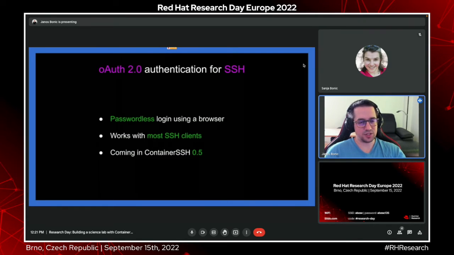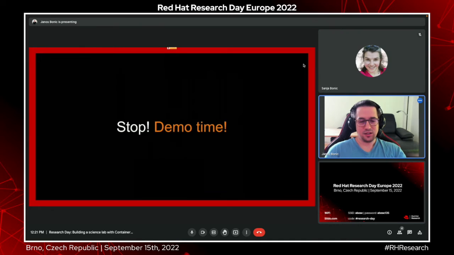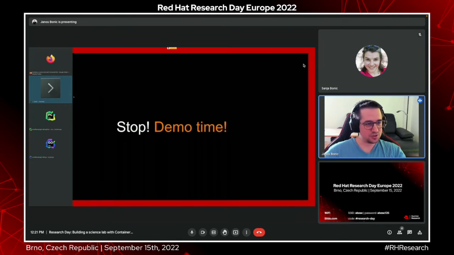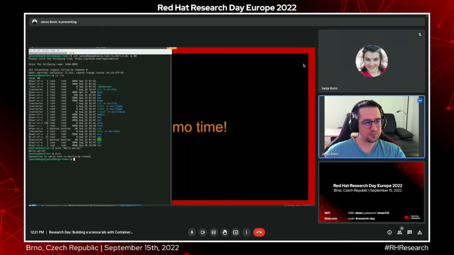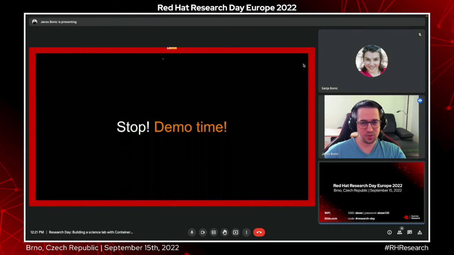So if you're using a Keycloak or anything like that, then this would be something that could be interesting for you. But I'm going to demo this with GitHub login. So you could also just have people log in with their GitHub credentials. And now it is the demo time. And if you have a laptop in front of you and a GitHub account, then you might want to participate. I'm going to switch over to my console. And I'm also going to open, hold on, let me stop the